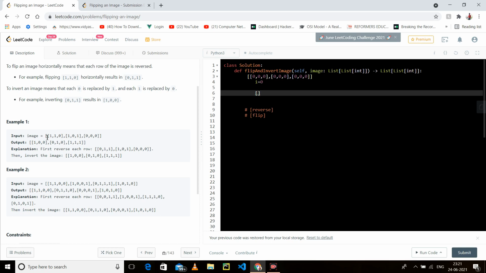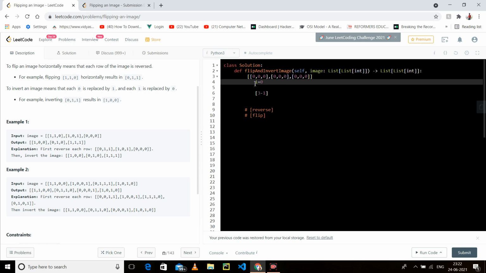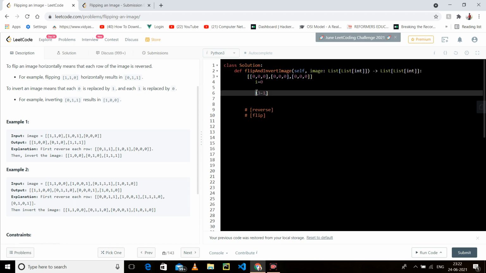The length of this row is 3. So 3 minus 1 becomes 2, because indexing starts from 0, which means we have reached this end. So you just have to flip it: whatever you have at index 0, replace it with whatever is at index 2.